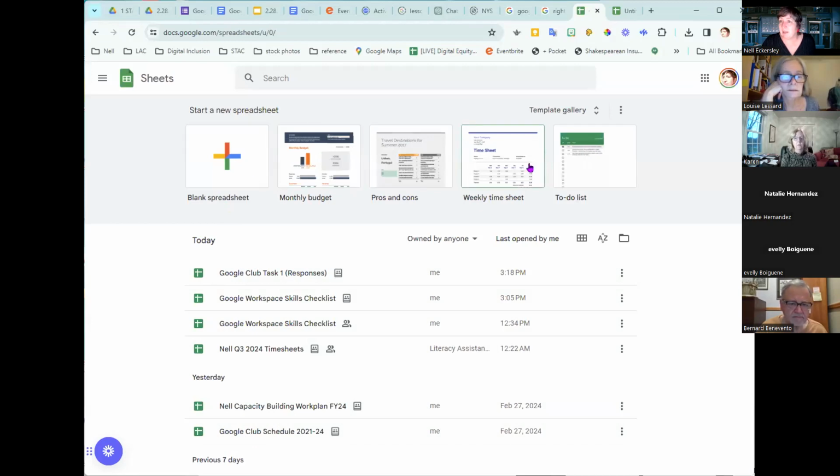So that could be handy, but it's another click. So if I know I just want a basic sheet right now, I don't want anything else, sheets.new. But if I need to make some choices, maybe I want to use a template, or I want to go back to find one of my recently used sheets, then sheets.google.com takes me to this view. So that's the difference between those two.